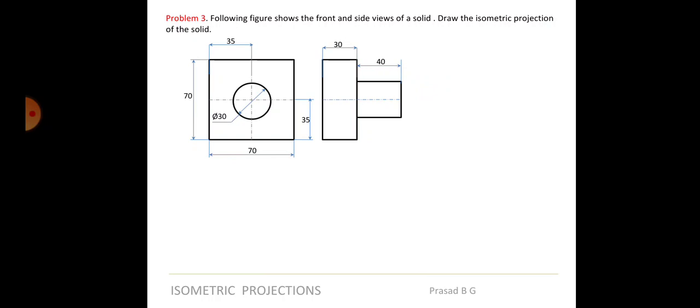Okay, so let us start with the isometric view of this, and of course you need not draw any box onto this because these are all very simple components. So let us take 30 degrees on either side. Any direction you can take in this. There is no constraint for this kind of drawing that it has to be like this only.